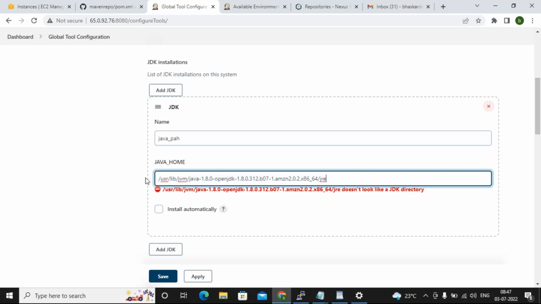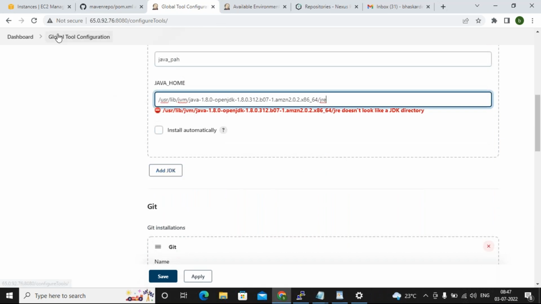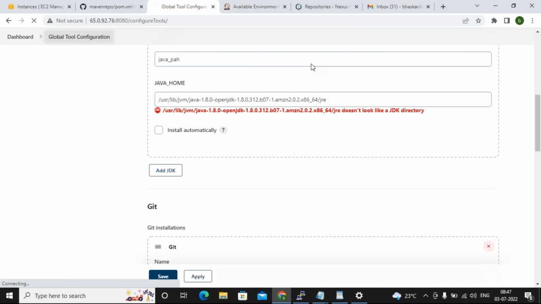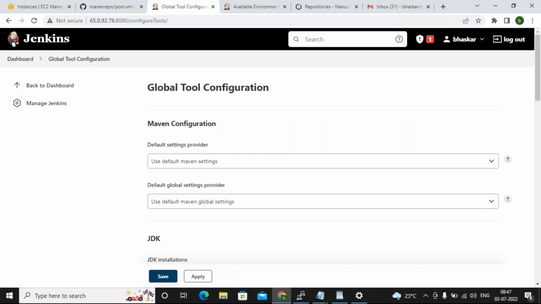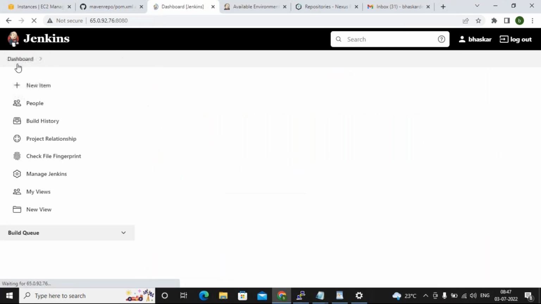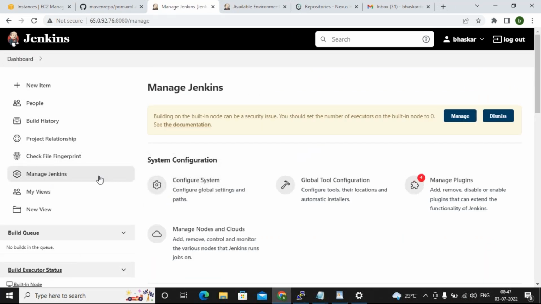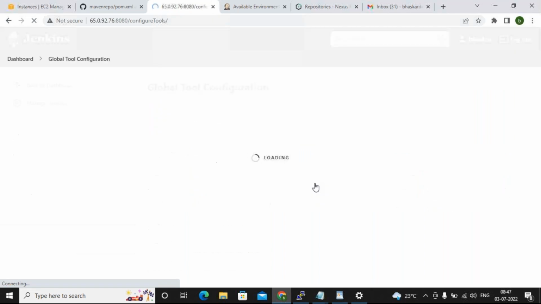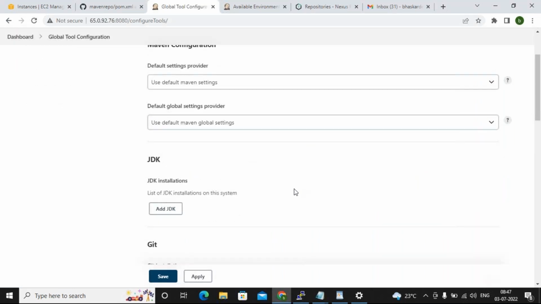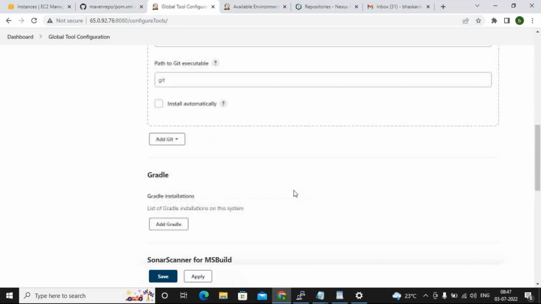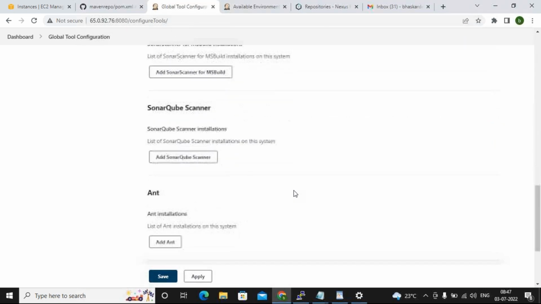So global means if you need a variable globally, you have to come here under Manage Jenkins, go to global tool configuration, and configure here. See, different variables.